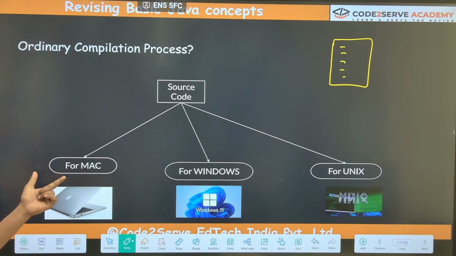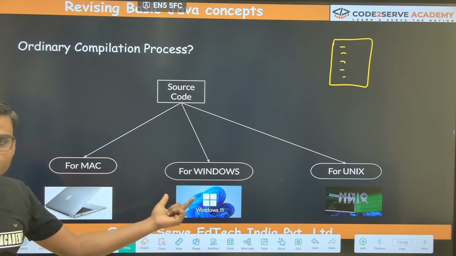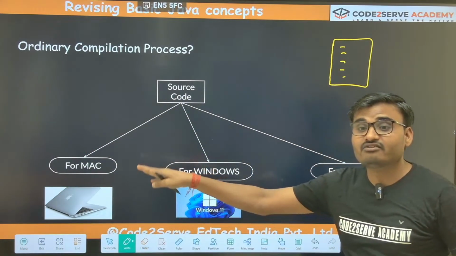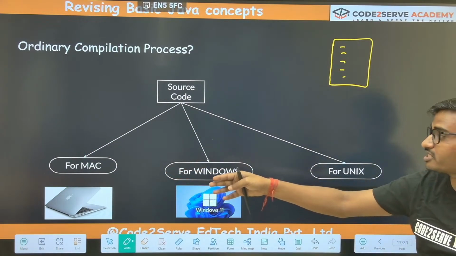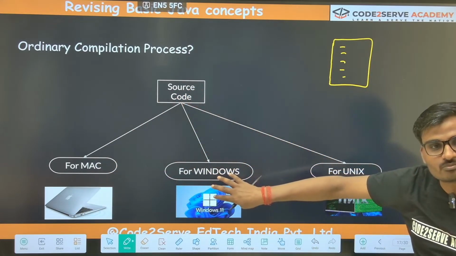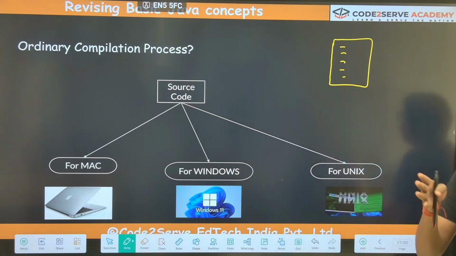That source code was written for the Mac, for Windows, for Unix, completely in a different code base. For each one I had to write a separate code base.